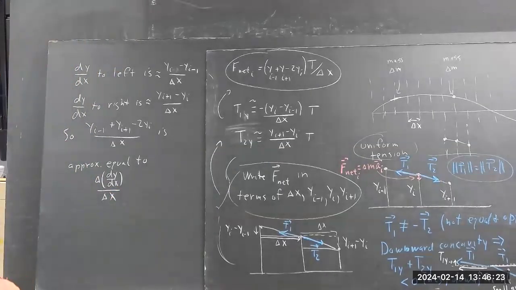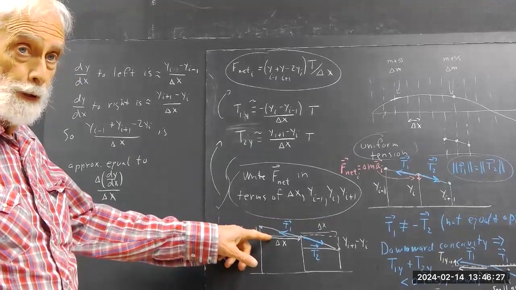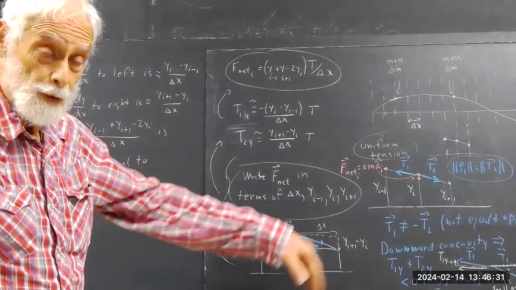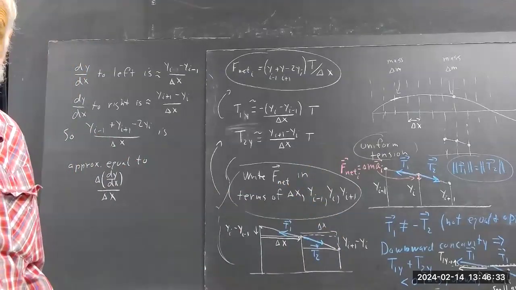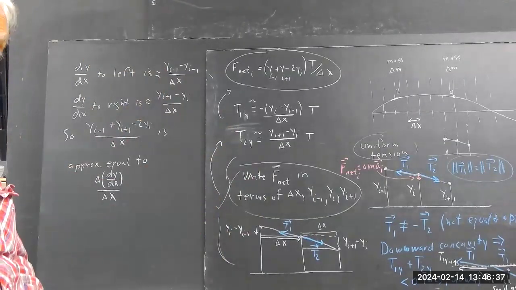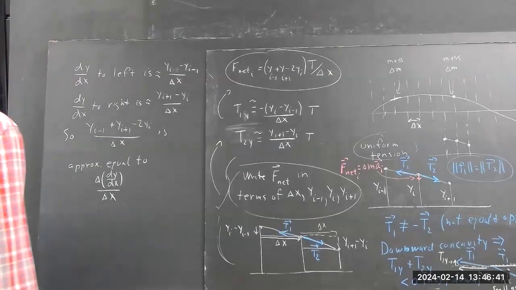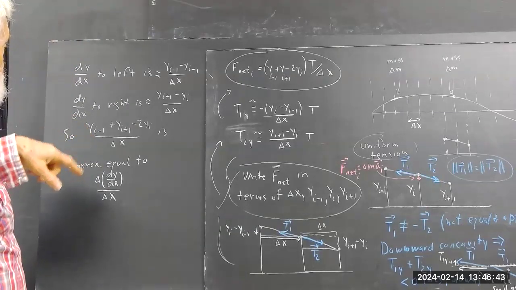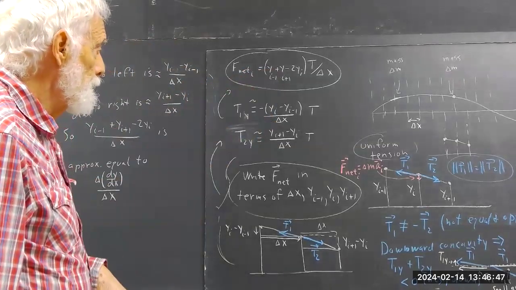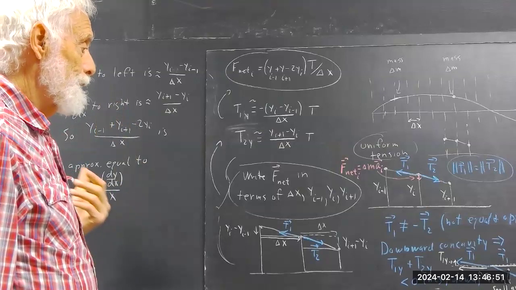What I'm saying is that the slope here is approximately equal to the average derivative on the left, and the slope here is equal to kind of the average derivative on the right. And I'm waving my hands a little because I'm not going to be too rigorous about this. But what's happening is that this expression right here is pretty much the slope to the left.